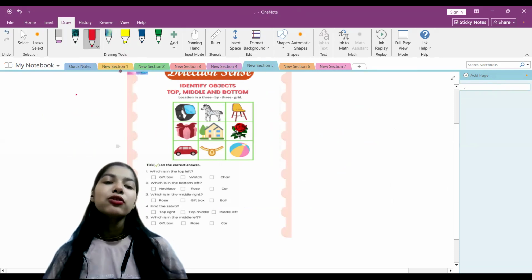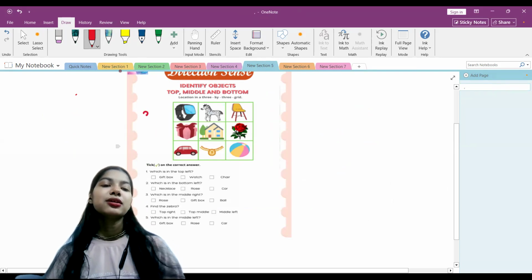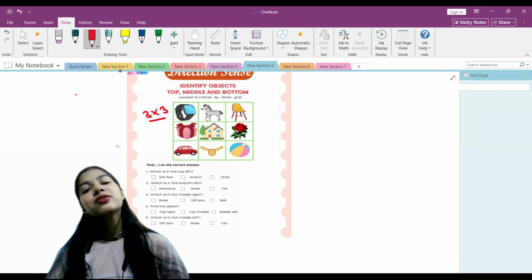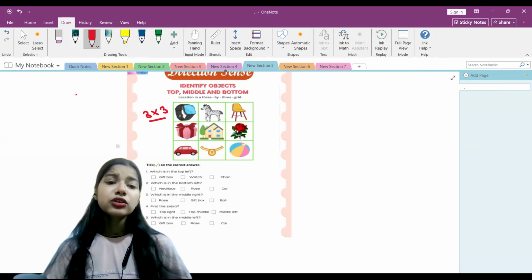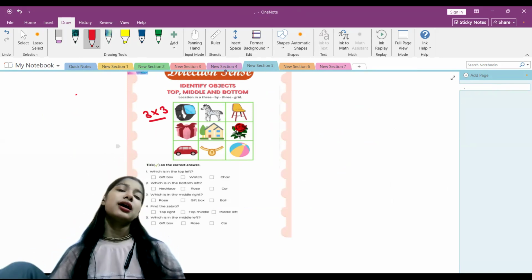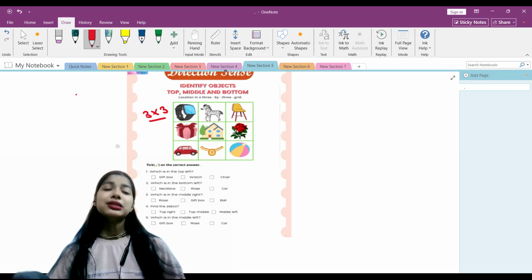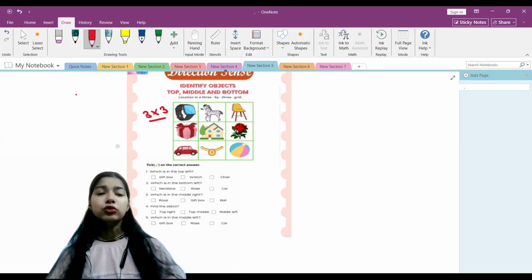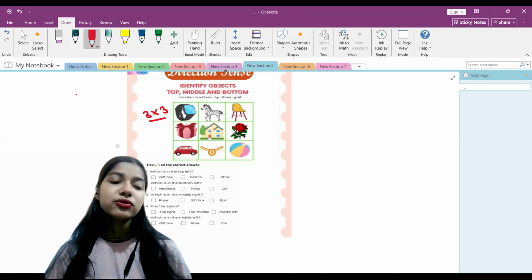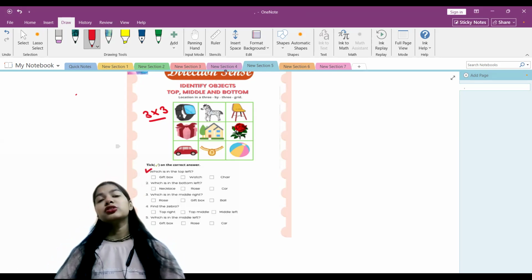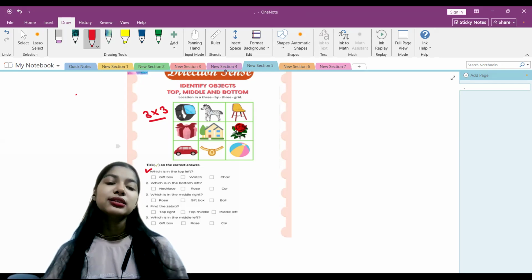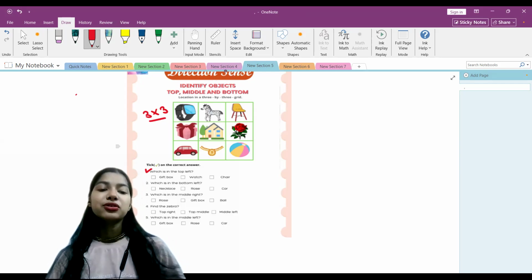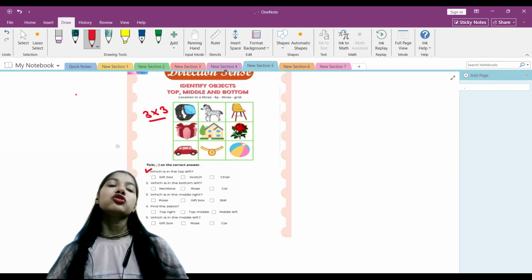Okay, kids? So now here you can see again a 3 by 3 grid over here in which there are some objects or some animals, right? You can see a watch, you can see a zebra, a chair, a gift box, a house, and many more. Okay, so now you have to use your knowledge and tell what is the thing that is in the top left.